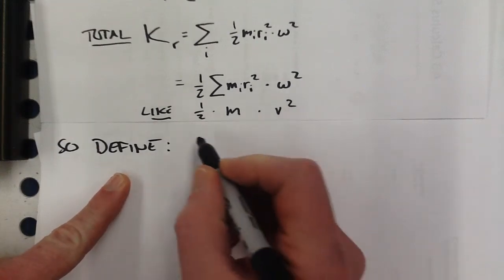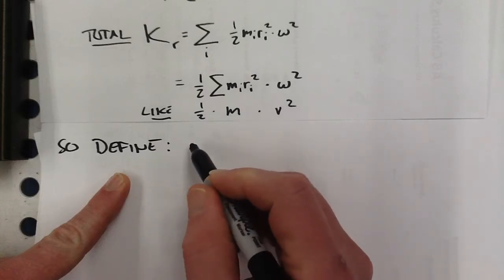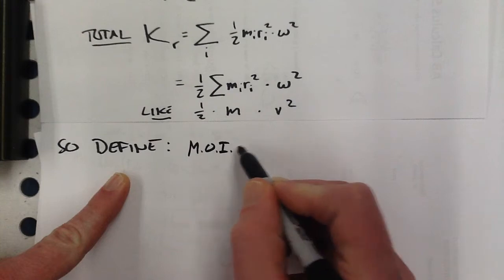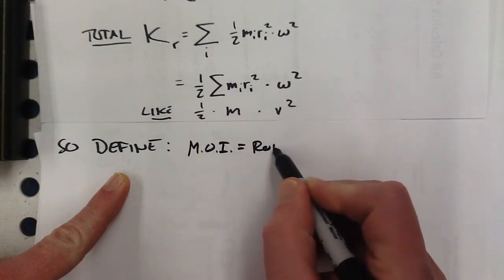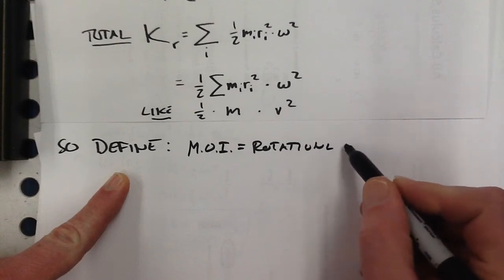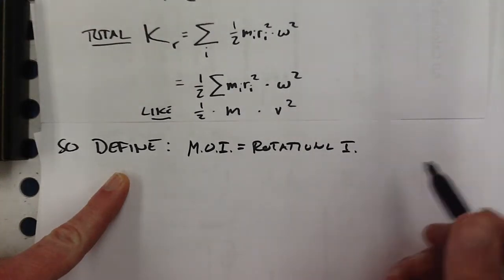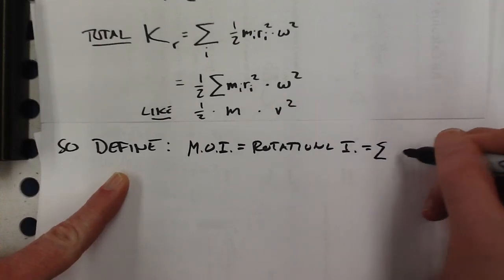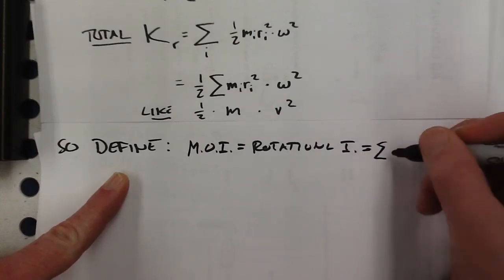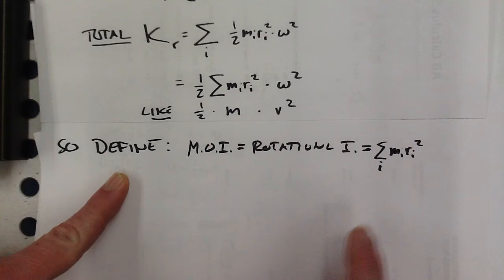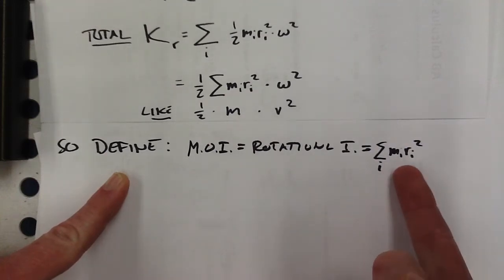So we're going to define the rotational inertia, or moment of inertia, to be equal to the sum of all of the mr squareds. Now, if all you have is one particle, then its rotational inertia is just mr